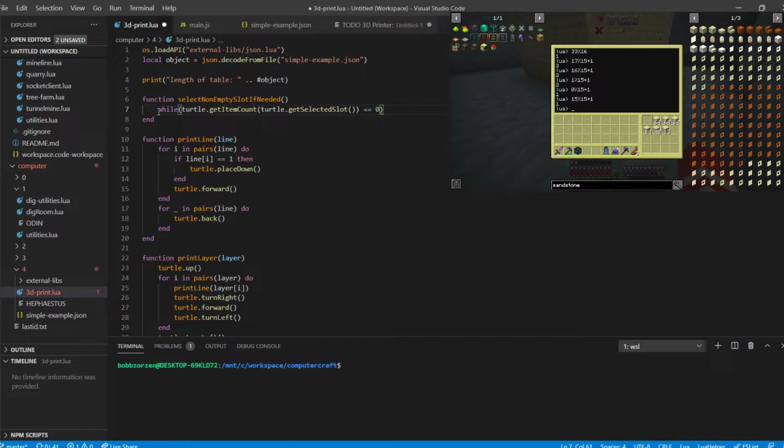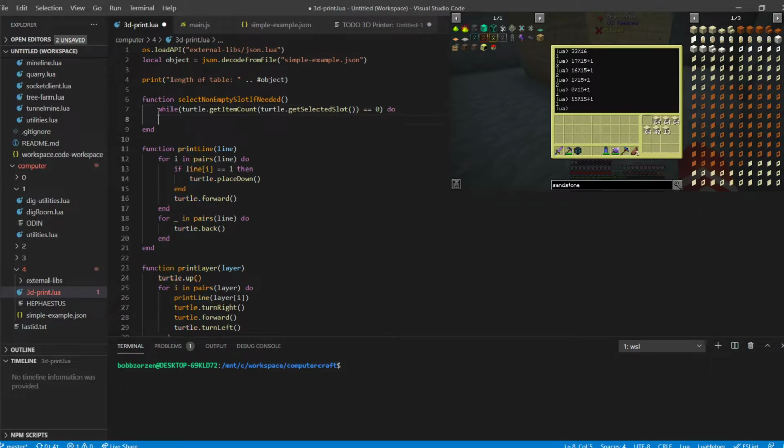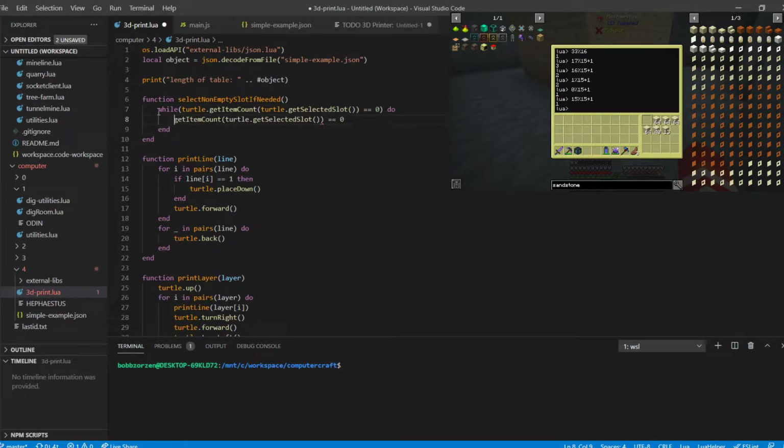So while the currently selected slot has no items in it, do, and then we just say turtle dot select, so select the currently selected slot